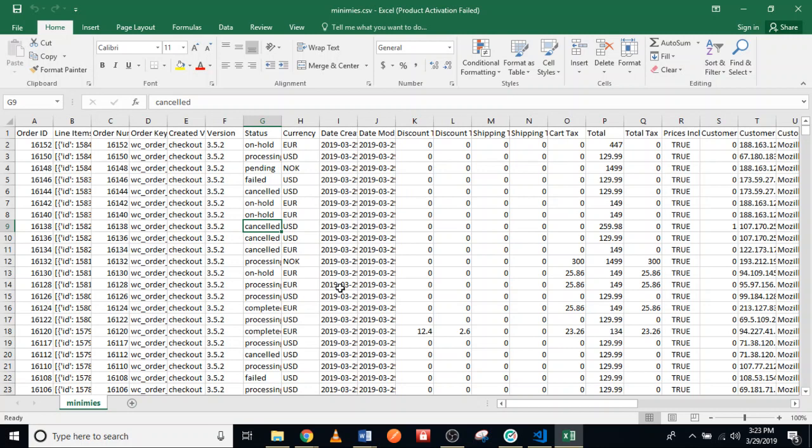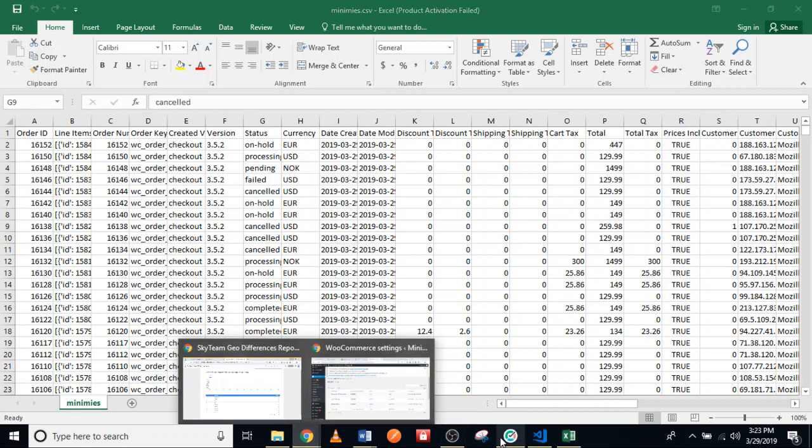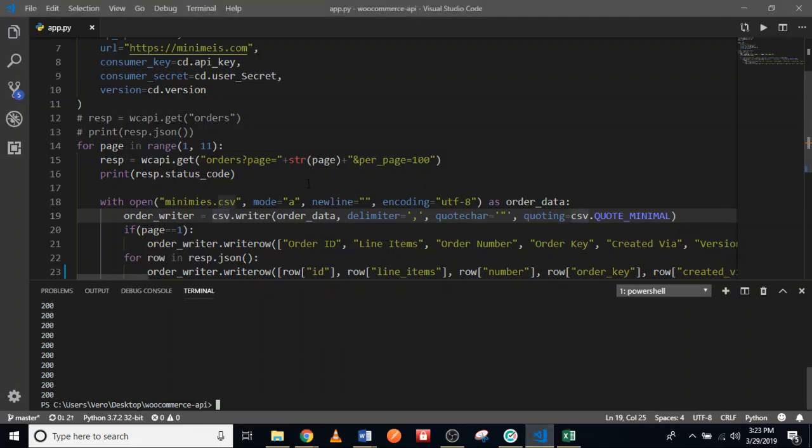Okay, so I could have written all this data to a Google Sheets document, because by this point I have all the data. It's now me who is choosing to write it to a CSV file. But why write to a CSV file when I can write it to a Google Sheets document? Well,